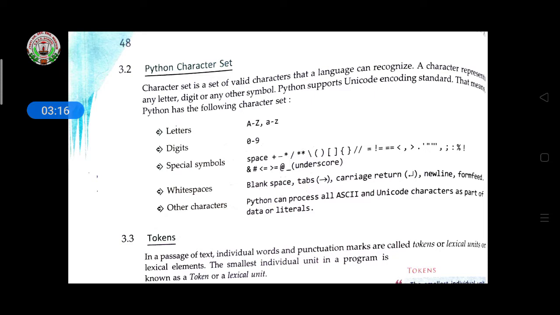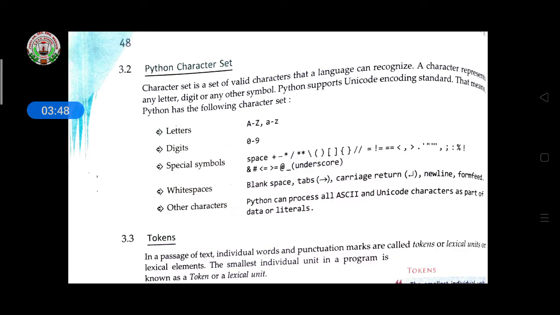So here Python has the following character sets: letters, capital A to Z, small a to z; digits 0 to 9; special symbols, including space, meaning the space bar, then plus, minus, asterisk, divide, double asterisk, and brackets, which are the arithmetic operators.